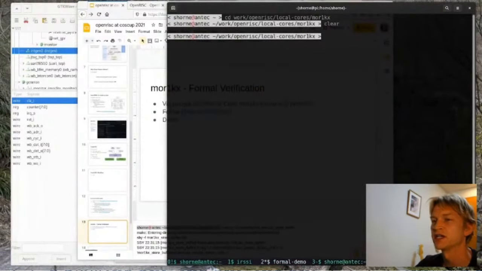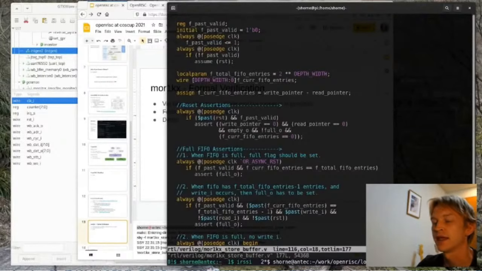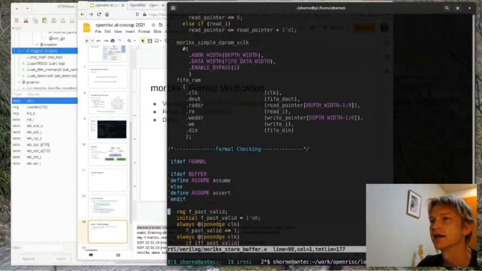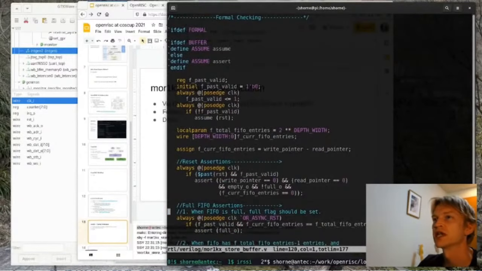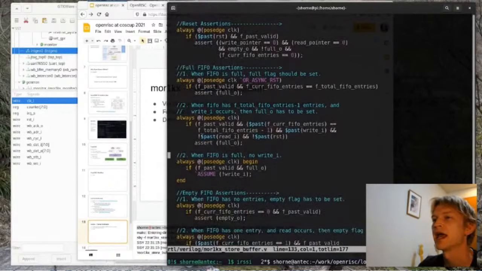So with formal verification, if we look at one of our design files, we can check out what's going on here. We have our store buffer, which is basically a FIFO. At the end of our design, we have the formal section. This section is only used if we're running formal verification. There's an ifdef there to block this off if we're not doing formal verification. And what we can see is things like,